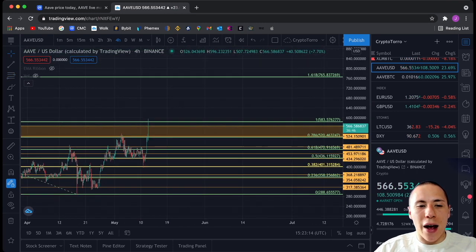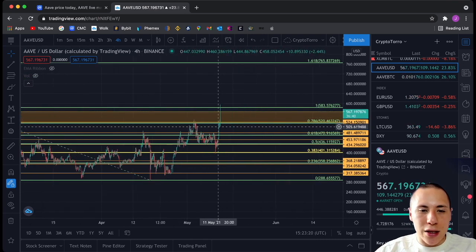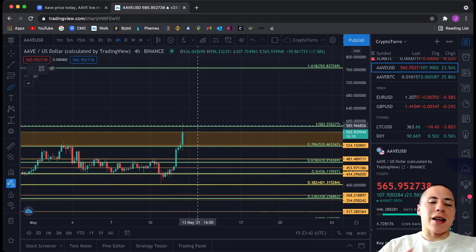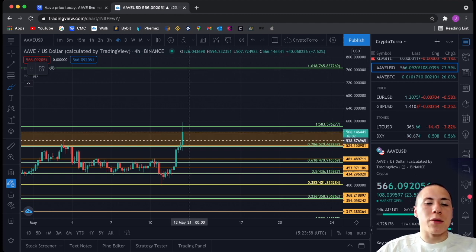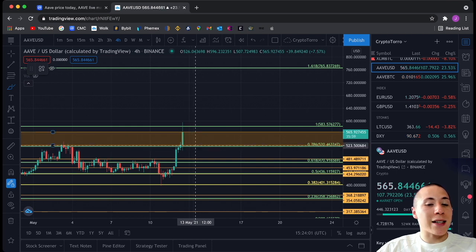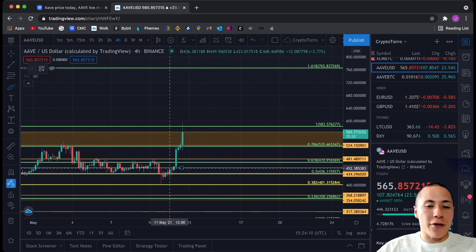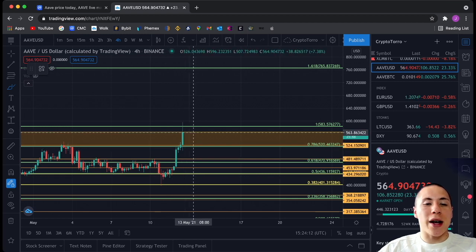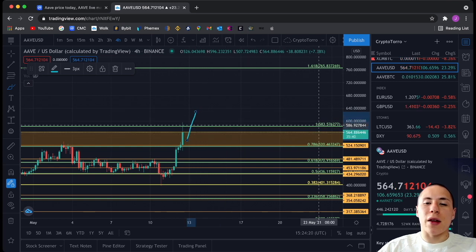And what you can see right over here is that Eve broke through this level of support and resistance on today's chart. And I personally think that before Eve will be going even further, we will see a pullback, and it will be finding support by trading sideways. And if it does so, it would be somewhere approximately, as I said before, in between the $525 and the $565. But if Eve in the upcoming hours breaks even further up towards the upside and breaks above the one Fibonacci level at